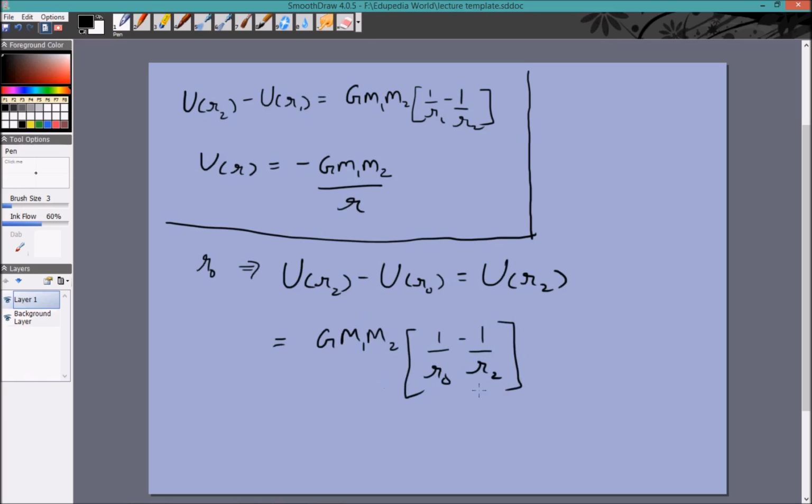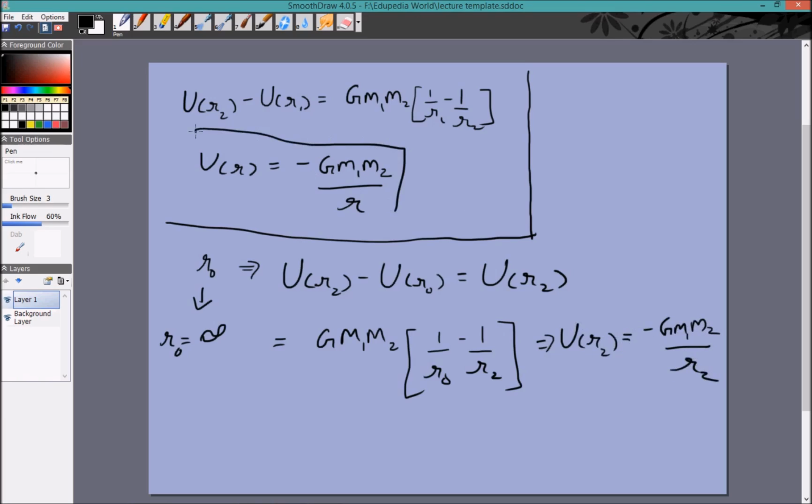Now, due to the nature of this formula, one thing we generally do in the case of gravitation and also in the case of electric forces is we take a reference point to be at r is equal to infinity. That means our reference point, our point of zero potential energy, is taken when the two particles are extremely far away, so far away in fact that they do not exert any substantial force on each other. So if we take r naught is equal to infinity, then this term 1 by infinity will become 0. And we get U of r2 is equal to minus G m1 m2 by r2, which is another way of getting